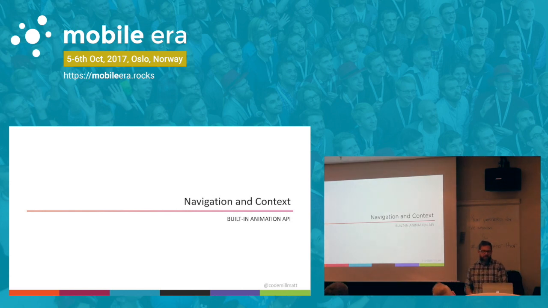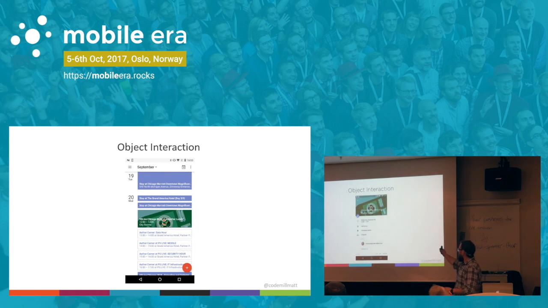So then, let's talk about navigation and context. An idea here, again, is object interaction. If you look, this is from the Google Calendar app, a full-on list view of the calendars. If you selected any single one and it just pushed it onto a navigation stack, you might be wondering, which one did I select? Did I hit the wrong one? But you can see here when we hit the green VS Live Chicago, it kind of pops out at you. So you know exactly which one you hit because it's coming at you and is animated,